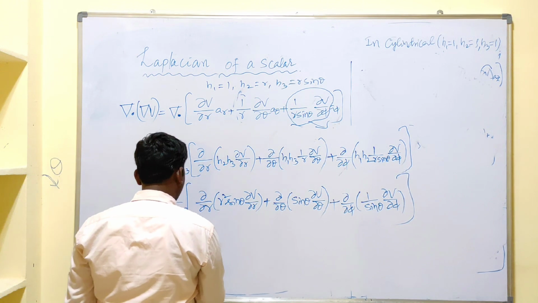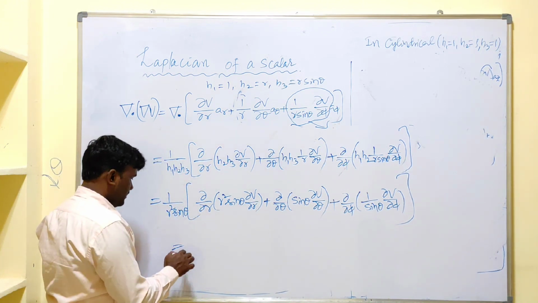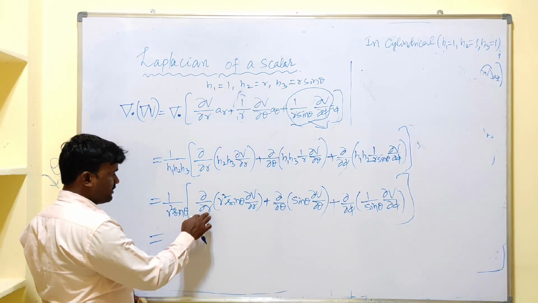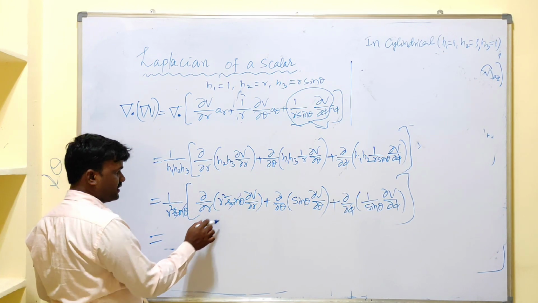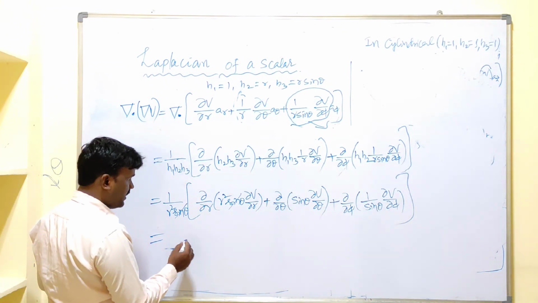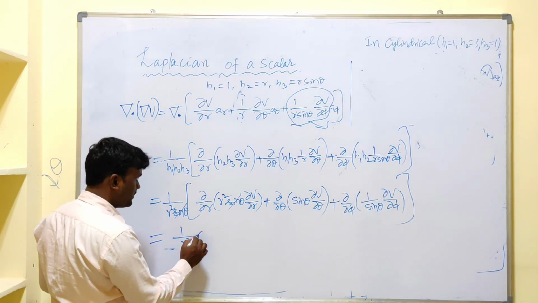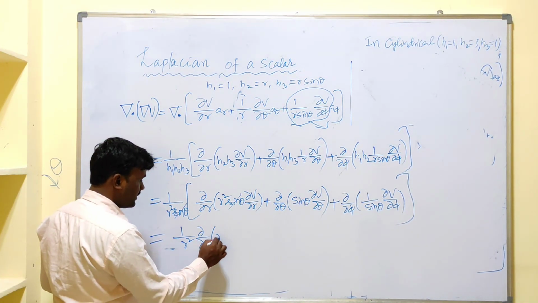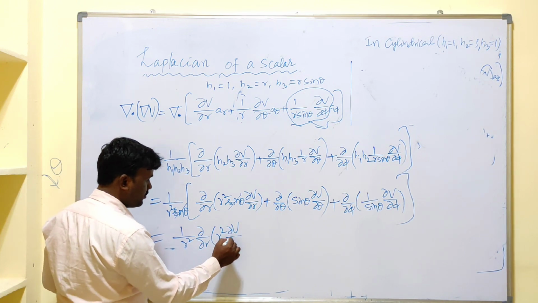And simplify this one. Here, in partial differentiation with respect to r, sin θ is constant. This sin θ cancelled out. We can write this constant out of this one. And here we got what? 1/r² ∂/∂r of r² ∂V/∂r,